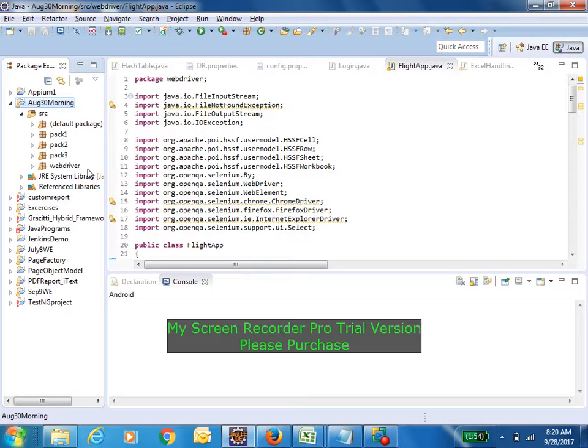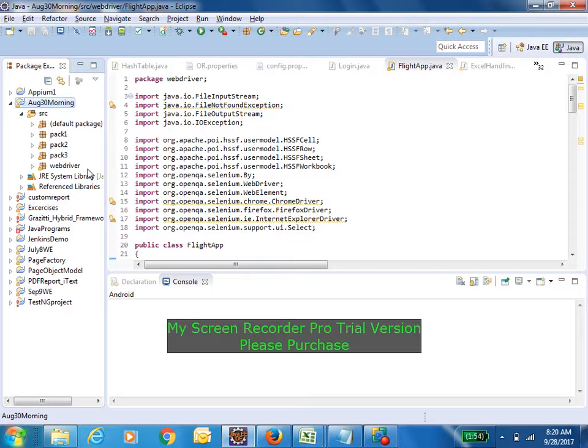Using these two things, we can manage it. Third thing, I can prioritize my test cases. I mean, which one should be executed first, which one should be executed next, like that I can prioritize it. Okay, so many features like that are there with TestNG, so we'll be going with TestNG now.